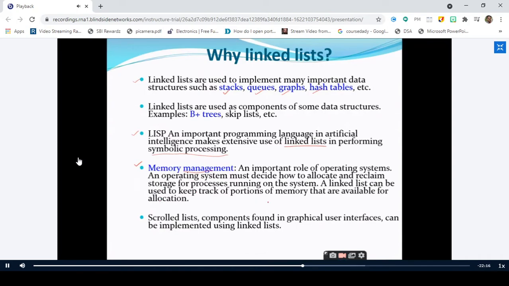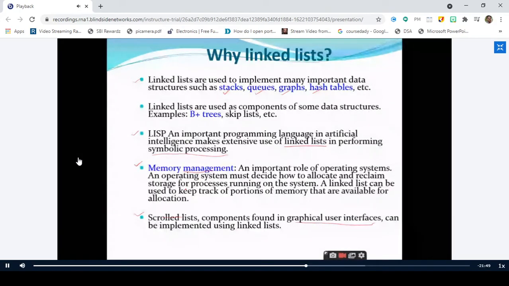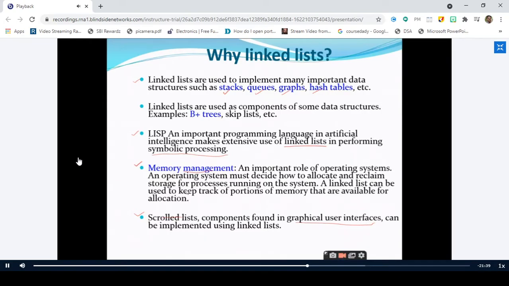Yes, sir. We have a number of applications. The applications we find in the data structure itself are a large application for this linked list. Linked list components are also found in the GUI. So in order to develop this GUI, graphical user interfaces, we make use of the linked list, right? That is the importance and the power of the linked list. We find a lot of applications in computer science. Is it clear up to this point? Yes, sir.